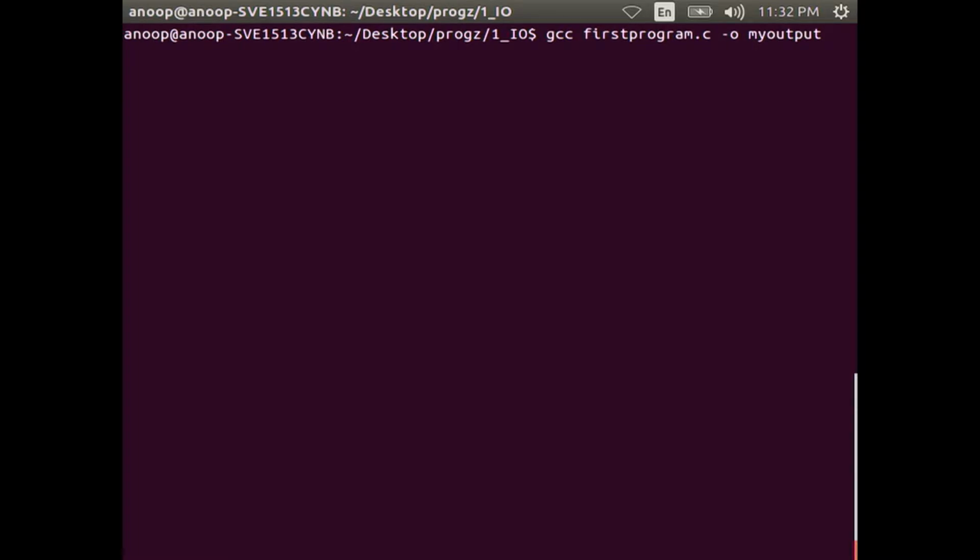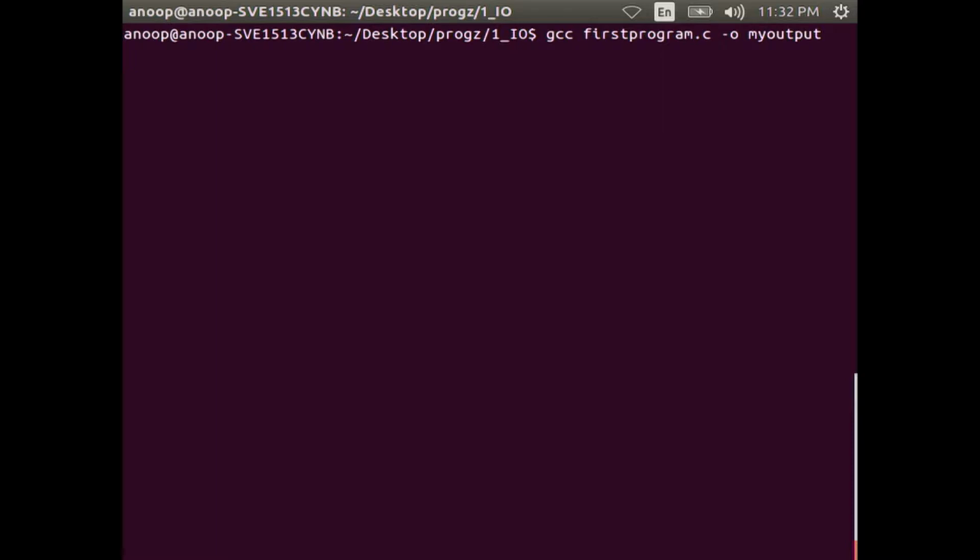GCC is the compiler name and first program dot c is your file name. Hyphen o my output says that the executable should go to the file my output.